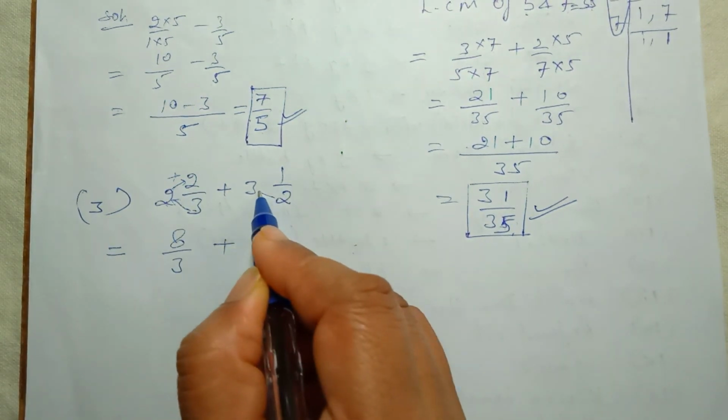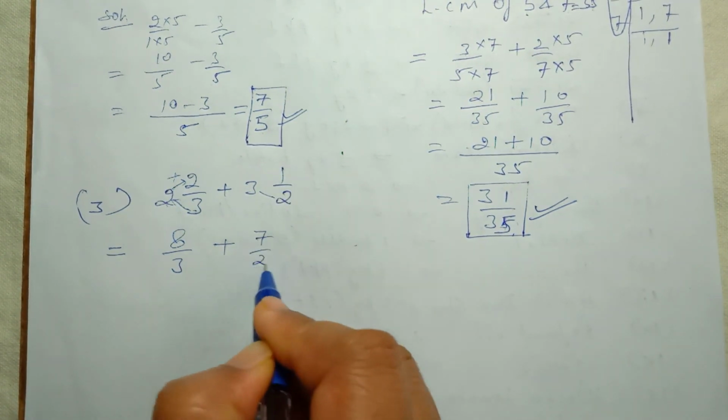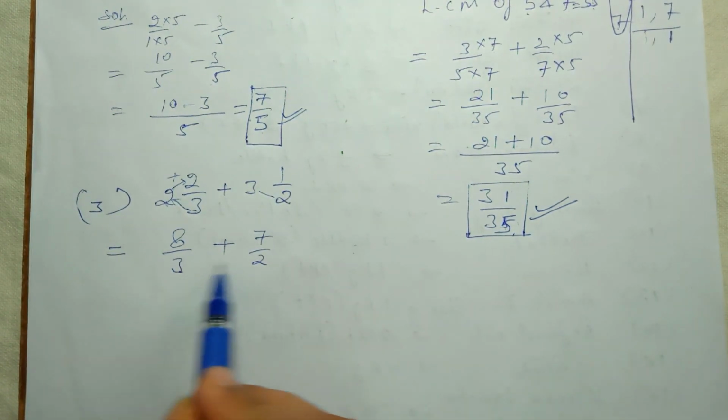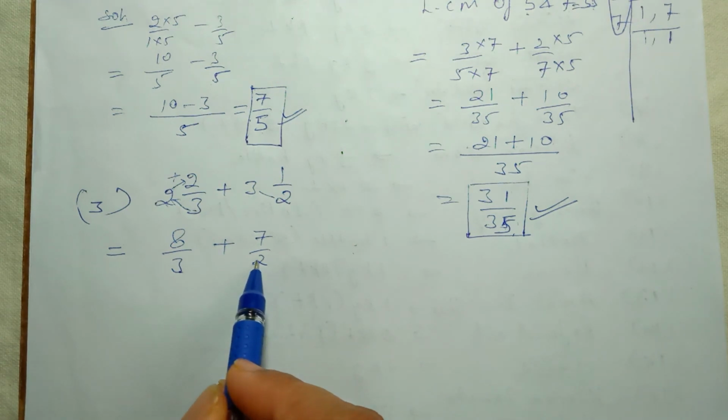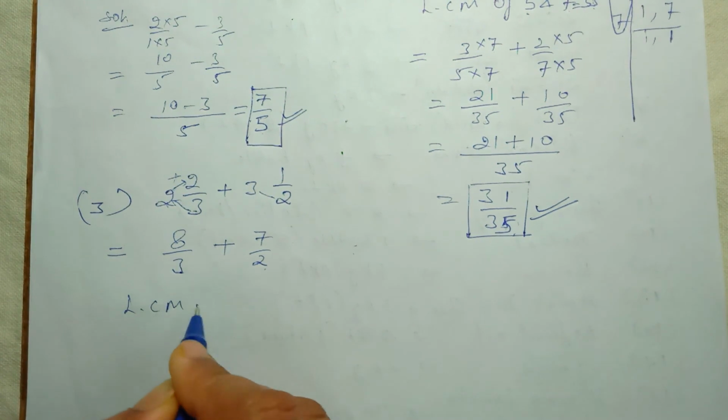Same way, 3 times 2 is 6. 6 plus 1 is 7 upon 2. Again following the same rule, we have to make their denominators the same by taking the LCM. So we are going to take the LCM of